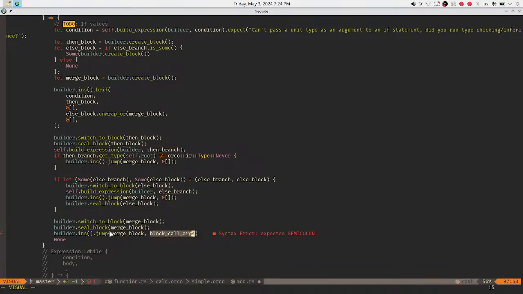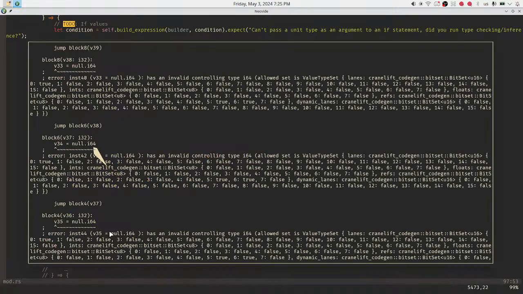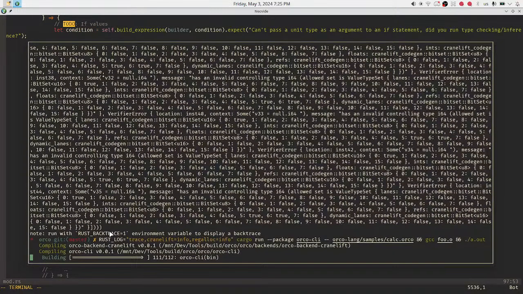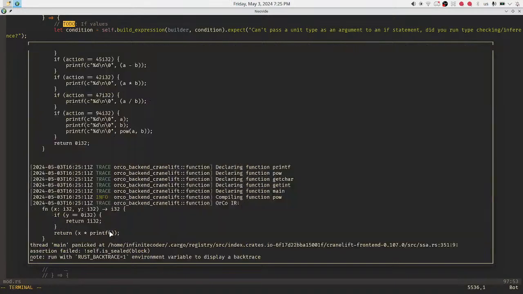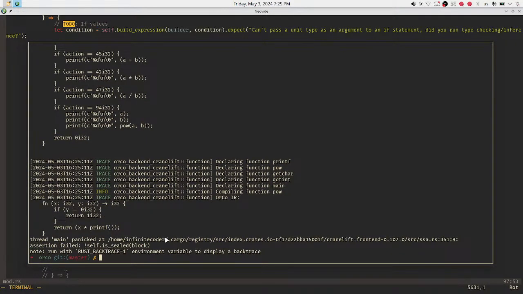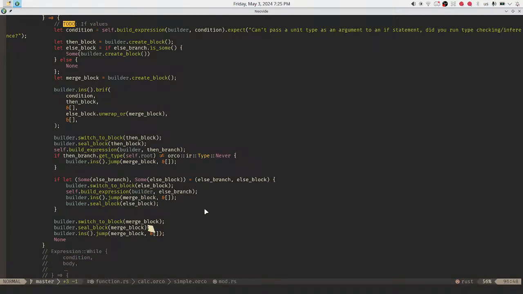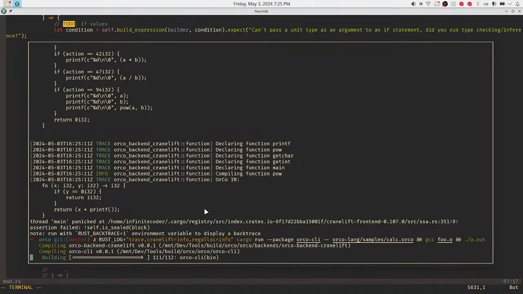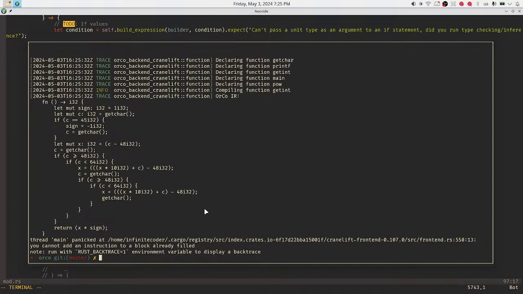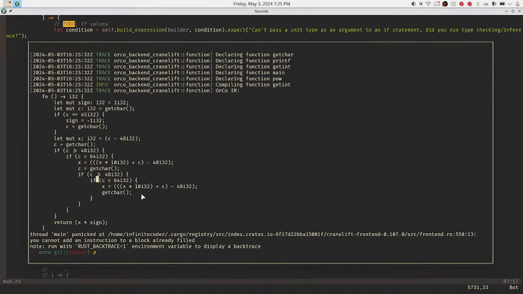This has an invalid controlling type. Why? Never load 0. You can just load 0. Literally jump to it, to itself. If not self is sealed. Assertion failed. Oh wait, I need to seal it after. I don't want to put anything like that. I mean, makes sense, but